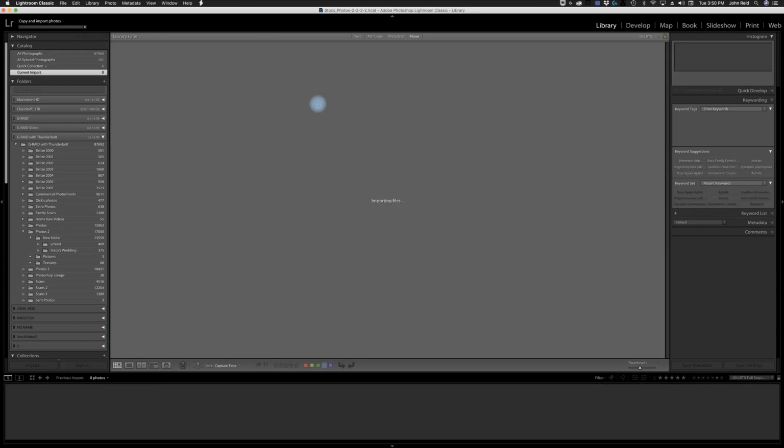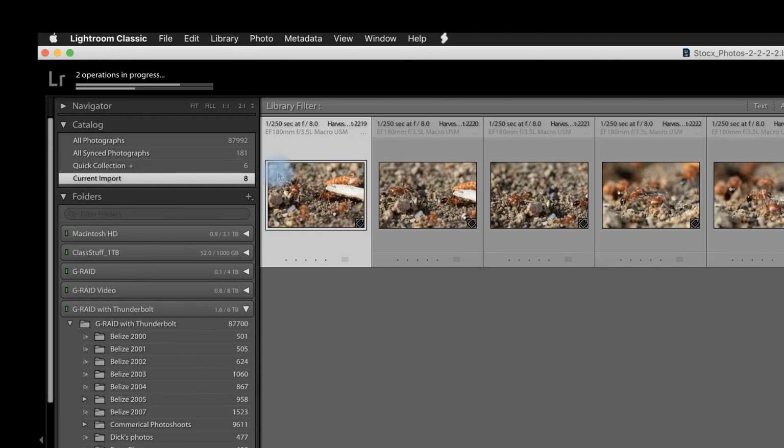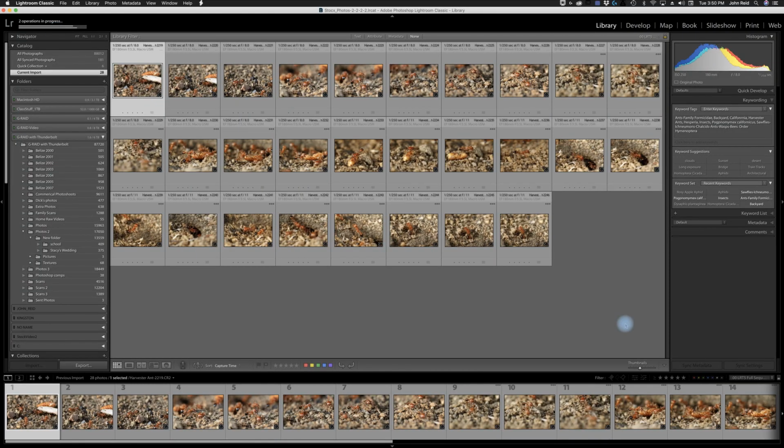So what's going to happen is it's going to open up the current import catalog here. And it's going to import all of them. So whatever your last import is, you can always look at it in the current import. But every time you do another one, that's going to change. So right now it's two operations in progress. What it's doing is importing the images, and it's also making 1-to-1 previews. So we're going to let it go ahead and start importing all these, and they're going to get in there. And I think there's 100 and some. We'll see how many pop in there. But I'm going to show you how quickly I can go through and